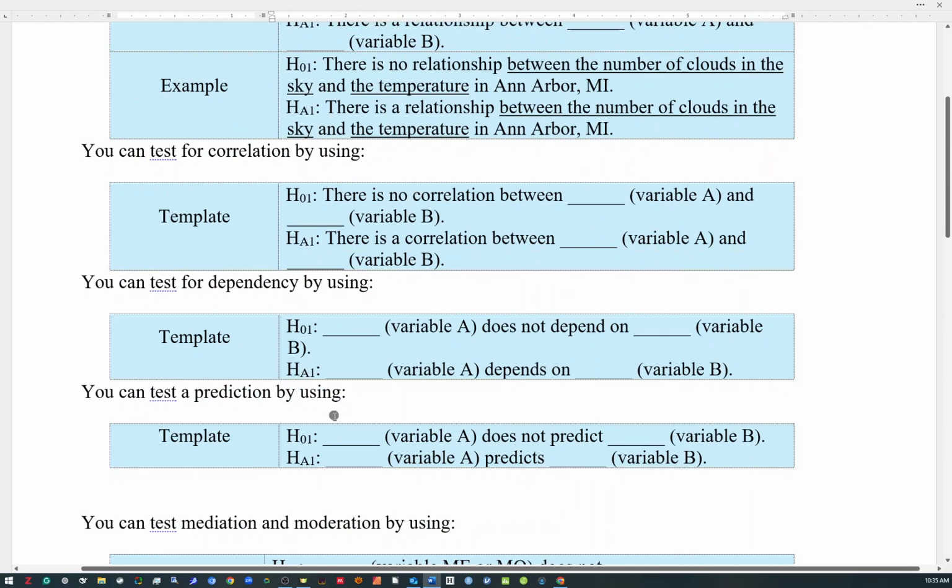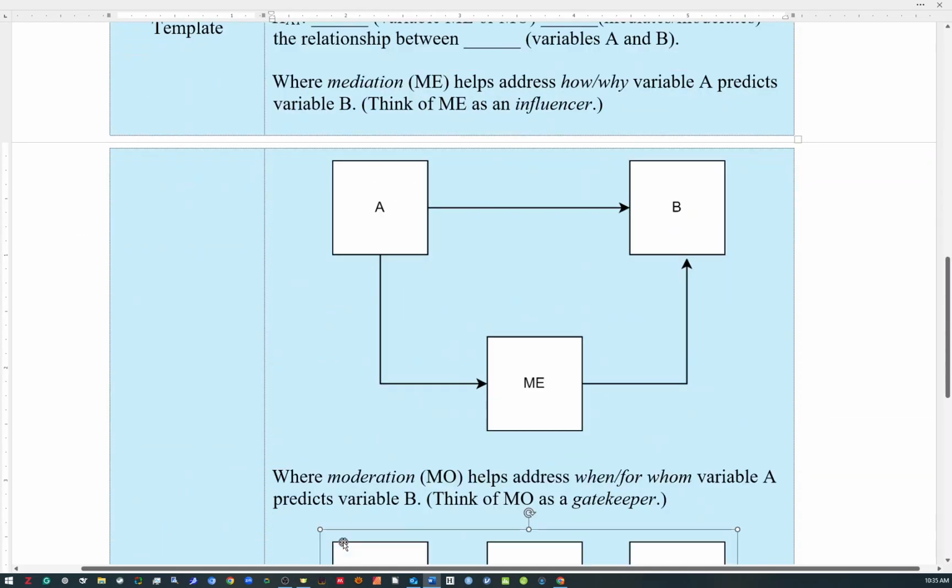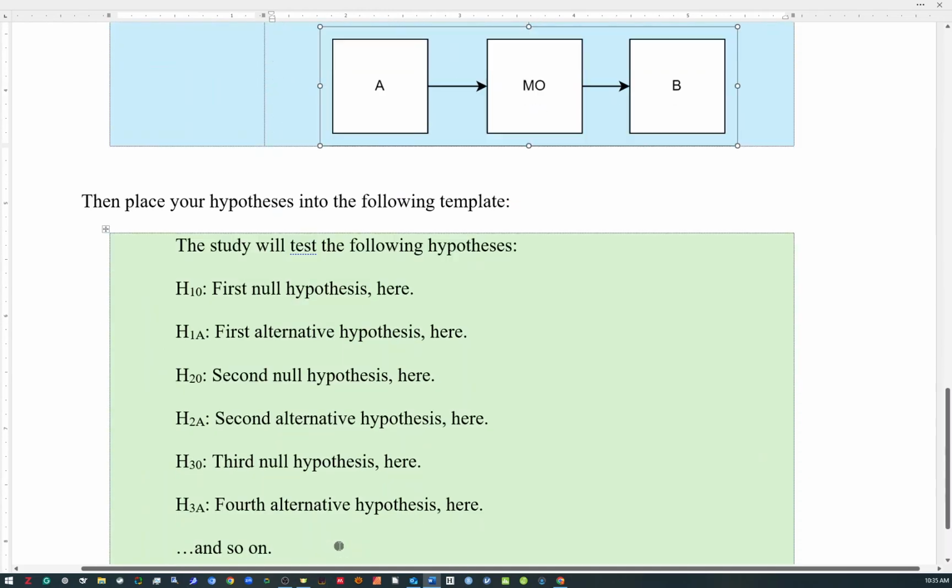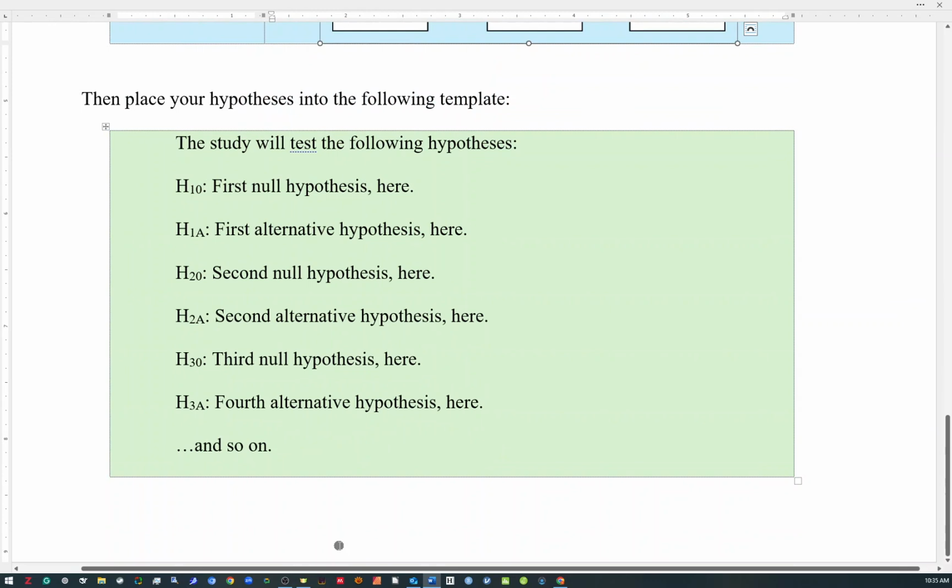Now let's go see the APA part of writing these up. Here we go. We're going to scroll down, and down here, you're going to see this. And the write-up is very, very easy. No paragraphs, no long pages, almost like a list in a screwy way. All you've got to write is this. The study will test the following hypotheses: you write down your first null hypothesis and you put it here. For example,